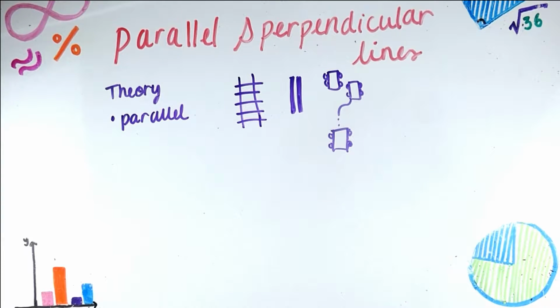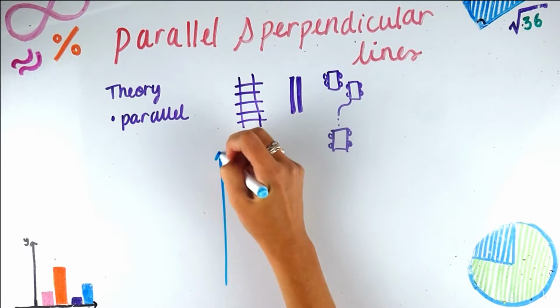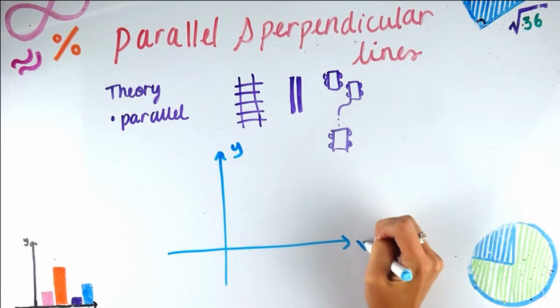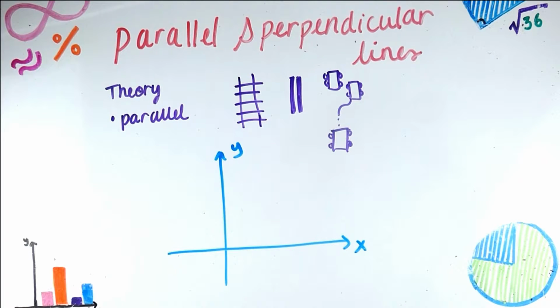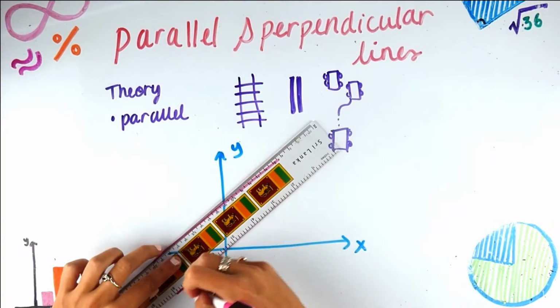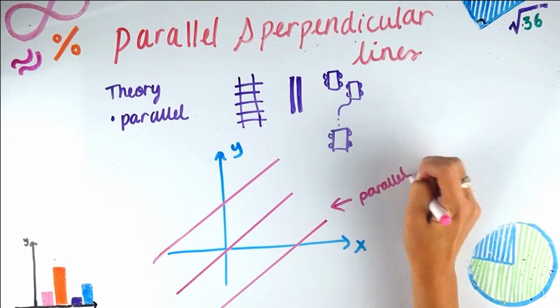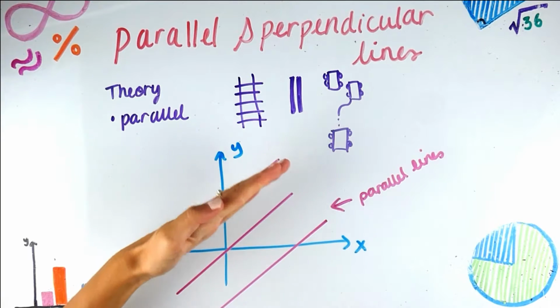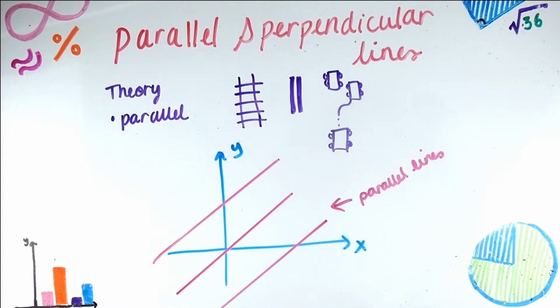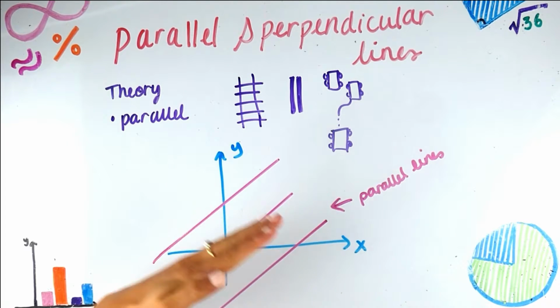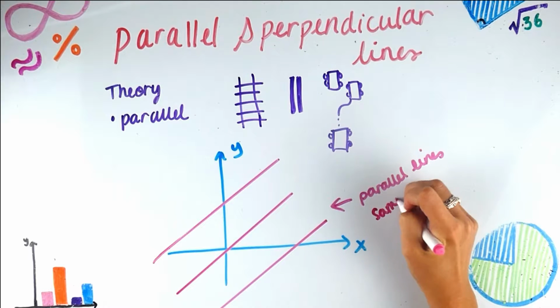Parallel lines. So, mathematically, what does parallel mean? I'm going to draw out our axes, our XY axes, and then draw some parallel lines on here and discuss what they have in common. Okay, so these are examples of parallel lines, and as we can see, they're just kind of the same line shifted up and down, roughly, but should be exactly the same. So what we can deduce from this is that parallel lines have the same steepness, so they have the same